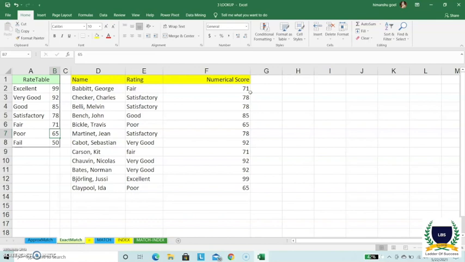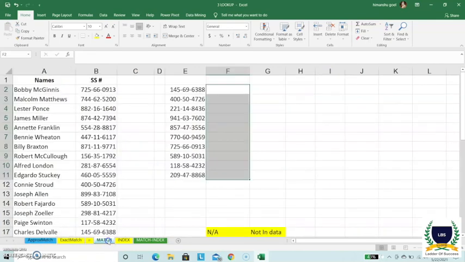So the VLOOKUP function has its limitation. Suppose the lookup value which I'm looking for is not listed in column number 1. The VLOOKUP function in that case will not work. In that case, we need to use the MATCH and INDEX functions. The MATCH function is used to identify the position of the cell in which a particular value is listed. And the INDEX function is used to locate the cell based on row number and column number. So I'll use both these functions separately and then I'll use them combined. Yes, so this is my data which I'm using for my MATCH function.